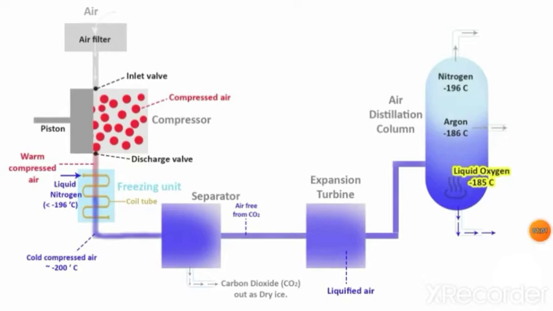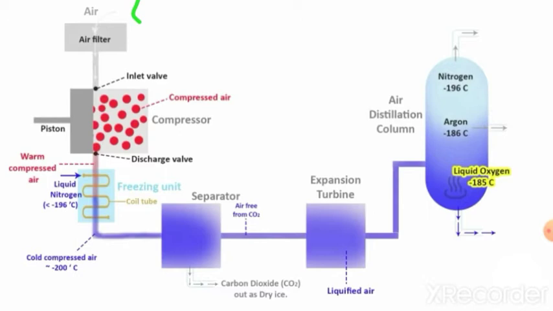First of all, the air is sent to a set of air filters. These air filters make the air free of impurities. Whatever particulate matter is present in the air has to be removed, because the particulate matter or other impurities will clog the pipeline. I hope you are understanding it. We do not want our industrial piping system to get clogged by impurities, so this has to be kept in mind. So purified and filtered air is used.